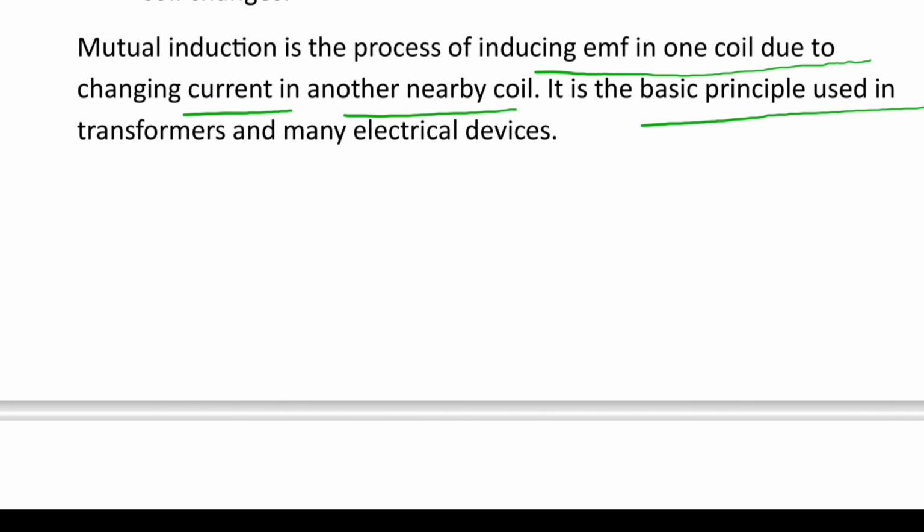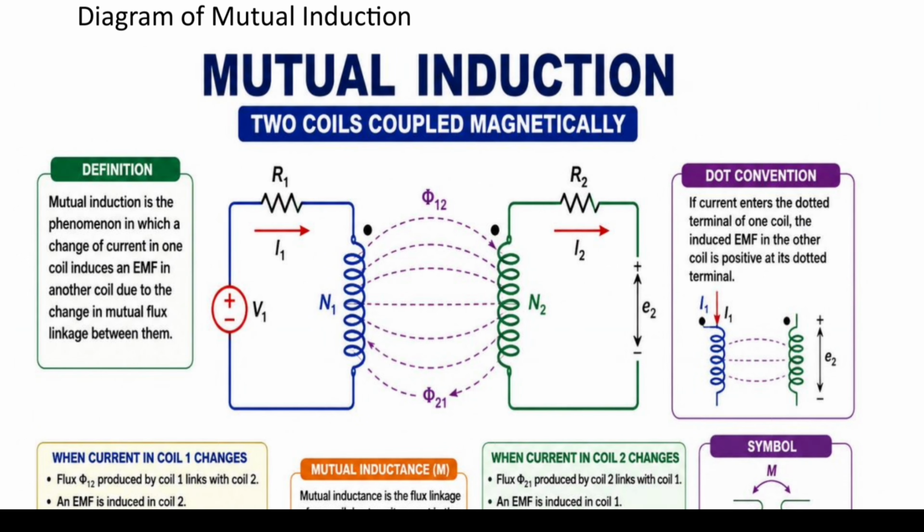This is the basic principle used in transformers and many electrical devices. So this is the diagram for mutual induction. There is a coil 1 and coil 2. Let us consider R1 and R2. So charges will be there, so first coil,